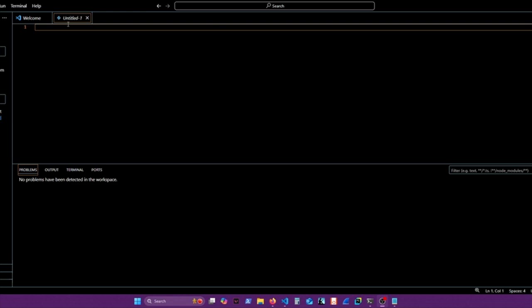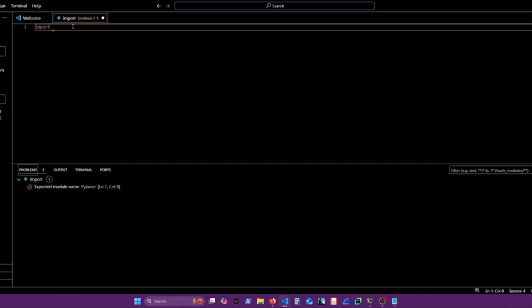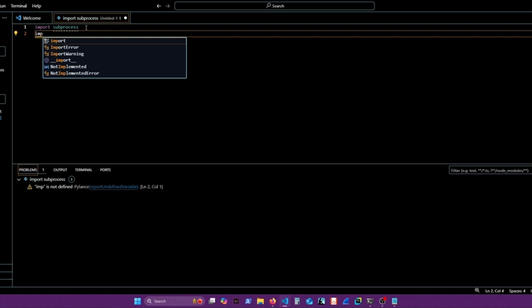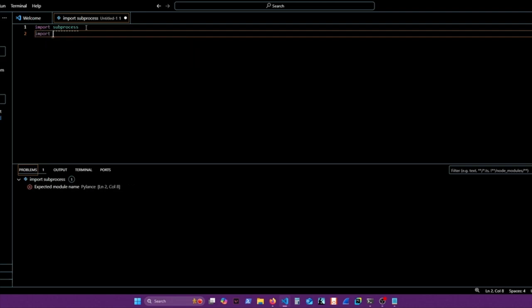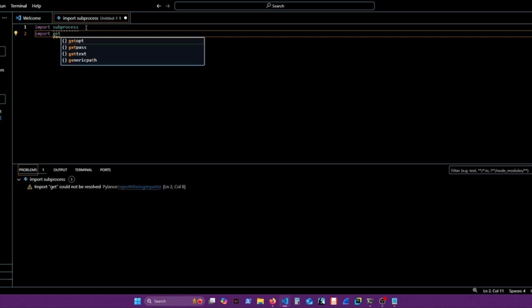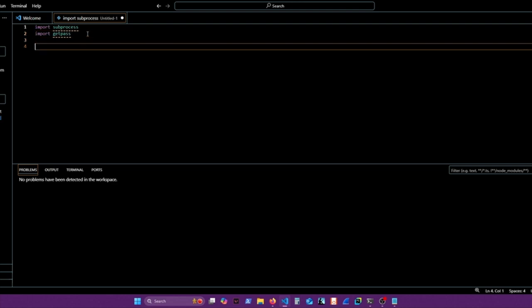So I've got Visual Studio Code pulled up here and we'll start typing out some processes on how we do that. So the first thing we need to do is import subprocess, and subprocess will let us use Bash commands with Python. And there we go, it's already here for us. Perfect. Next thing we need to do is something for password security. This is going to be making user accounts, and with that we'll have to do passwords, so we'll do getpass. And what getpass will do is let us type in passwords